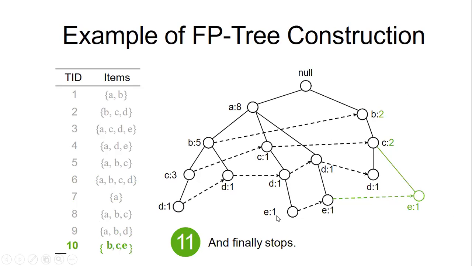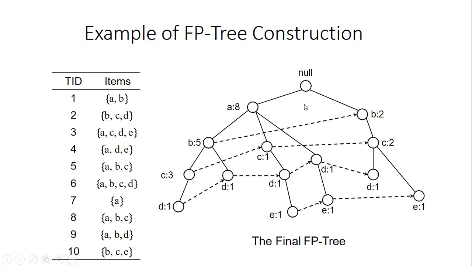Okay. So one thing you remember. So this is our final tree. Okay, final tree, no green color, just the final tree. So one thing you remember is how to recheck that your constructed tree is correct. How can you recheck? Two things you have to take. You have to make sure that all the transactions are there in this tree.